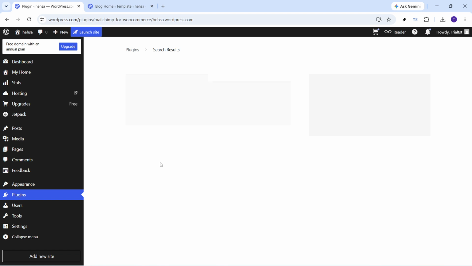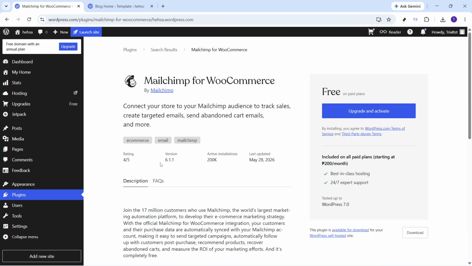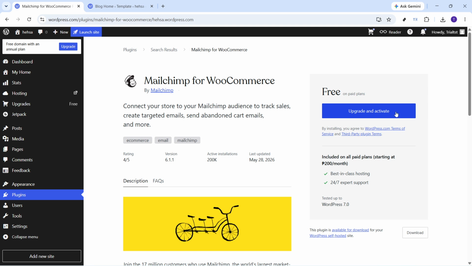Next, click Upgrade and Activate. Depending on your current WordPress.com plan, this button may appear because plugin access requires a plan that supports plugin installation. Once the plugin is activated, WordPress will begin enabling it on your site so you can move forward with the